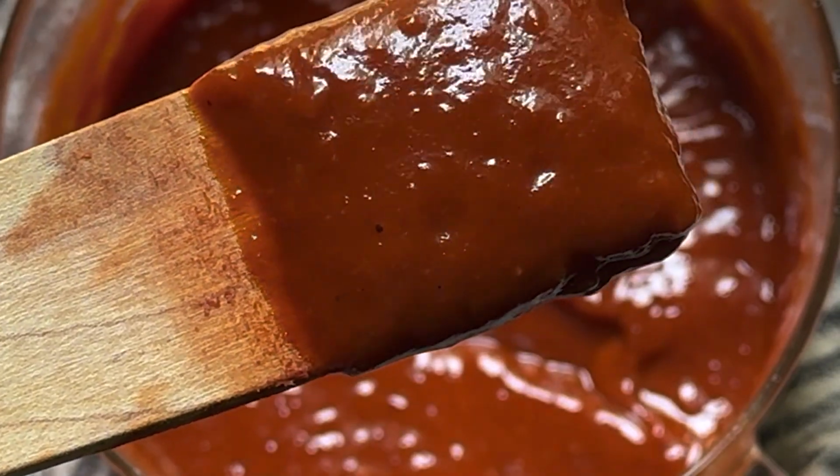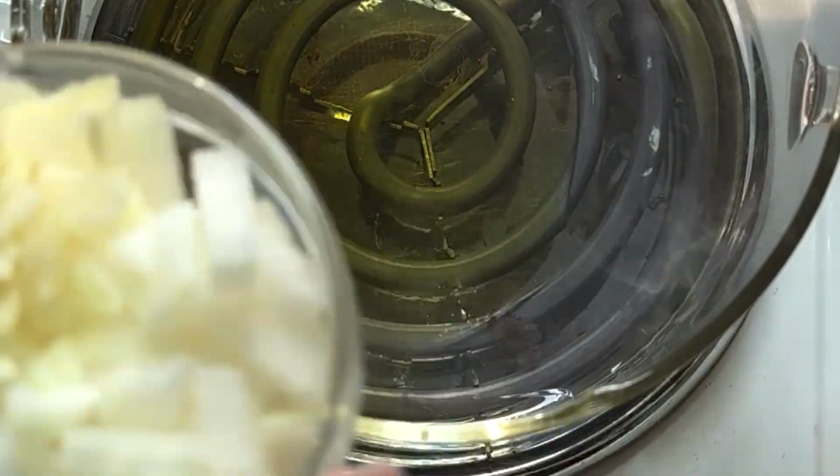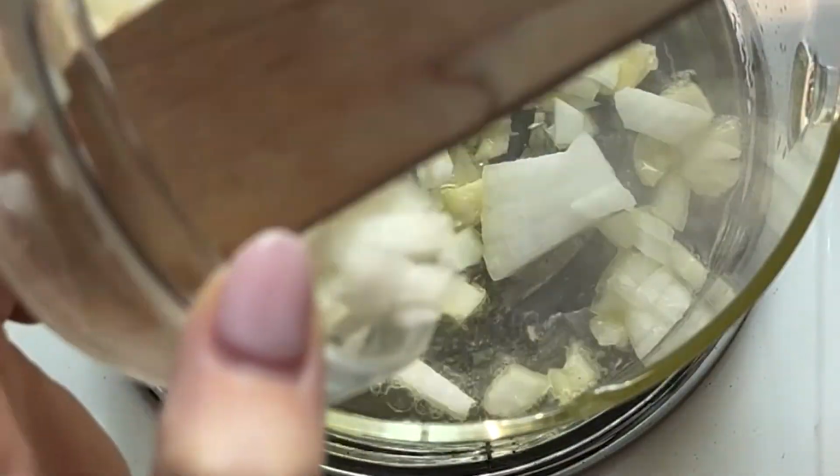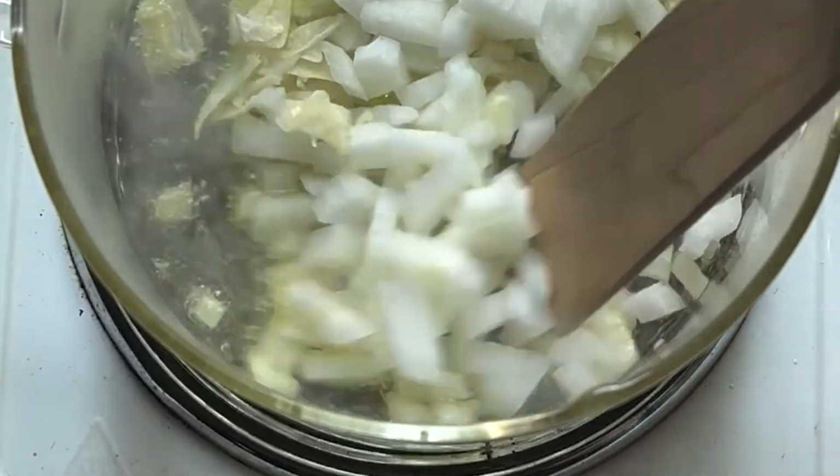Let's turn this glass of red wine into homemade barbecue sauce. Cooking with red wine is a fast and easy way to impart rich and luscious flavor to all sorts of recipes. You know those bottles of store-bought barbecue sauce that claim to be bold and smoky,